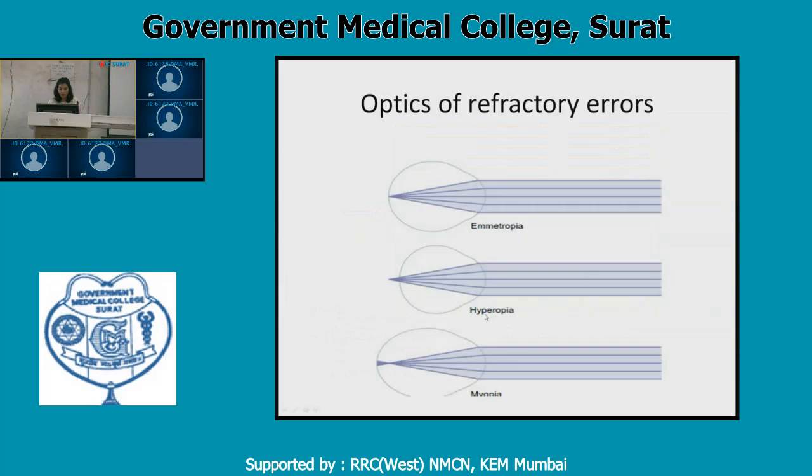This is the comparison of the main three refractive errors. This is an emmetropic eye where you can see the parallel rays coming from a distant object. The image is formed on the retina. It is focusing on the retina, that is the focal plane. For a hyperopic eye or hypermetropia or farsightedness, the image formed by a nearby object is focused behind the retina. And for myopia, you can also very well appreciate the anteroposterior diameter.